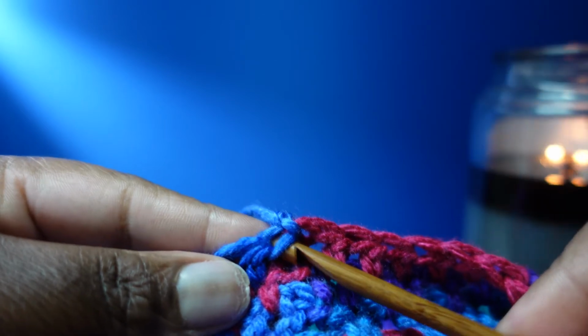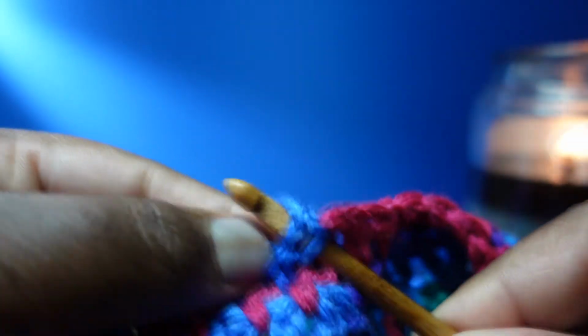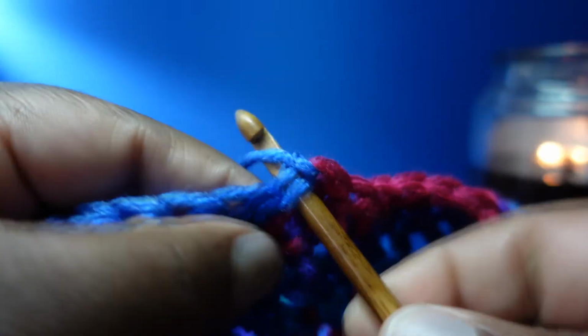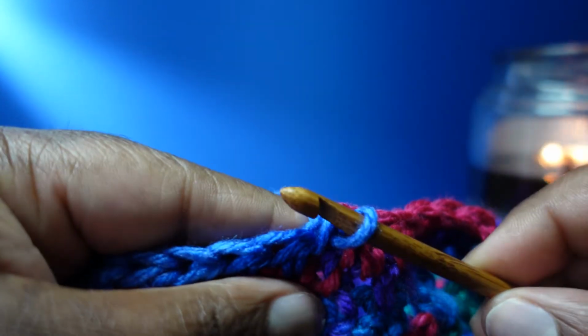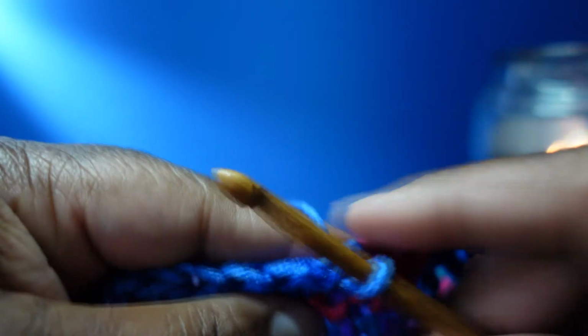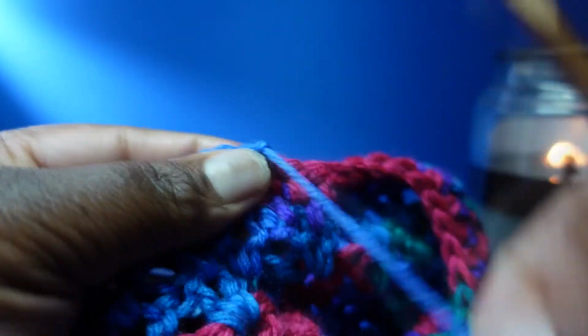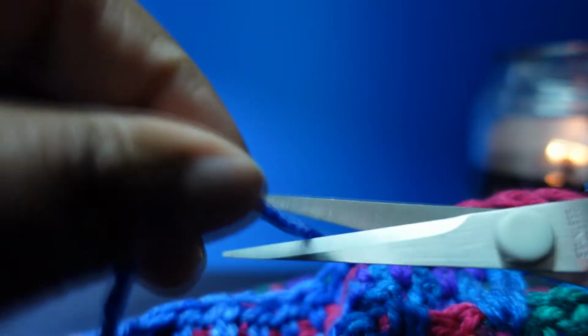And what I will do is insert my crochet hook into the stitch that's close in the area, and then I will pull that through to the back like that. But before pulling this tail all the way through, I yarn over and act like I'm chaining one, and that will create a knot like that. Then I cut this down a bit,